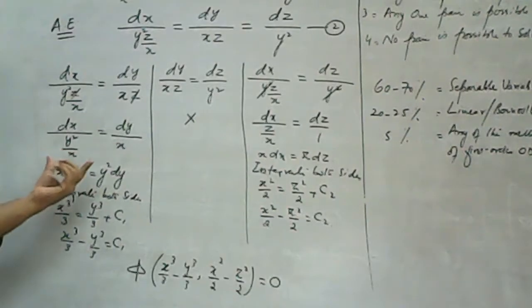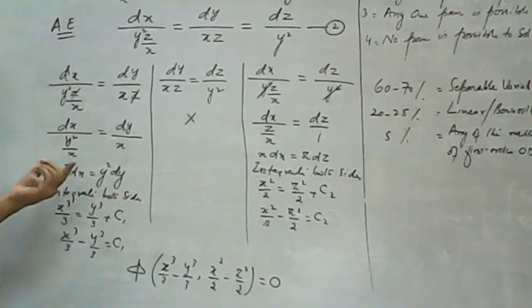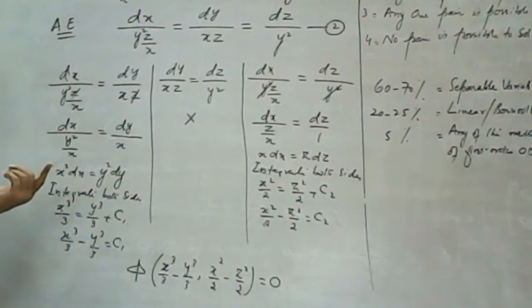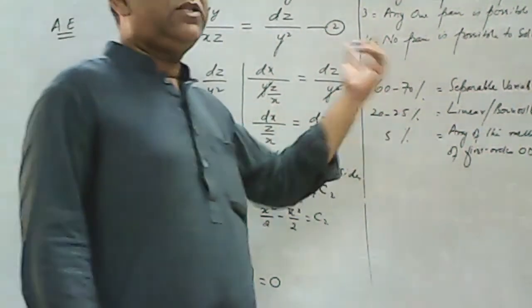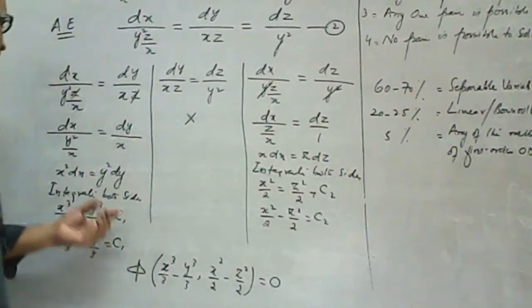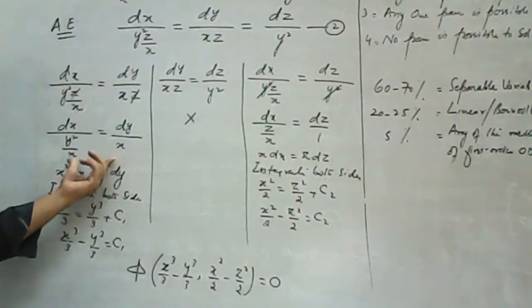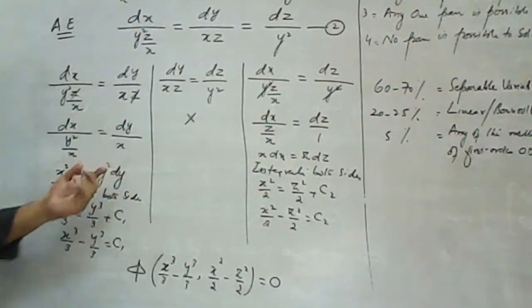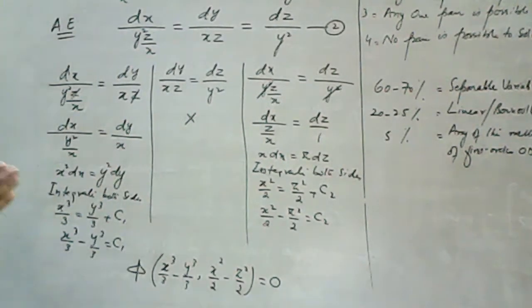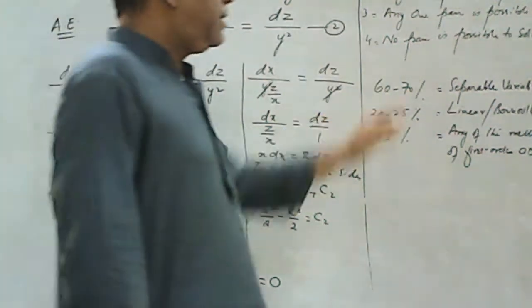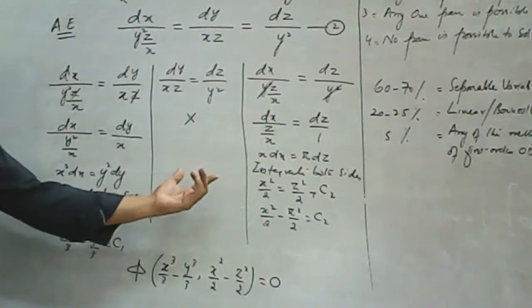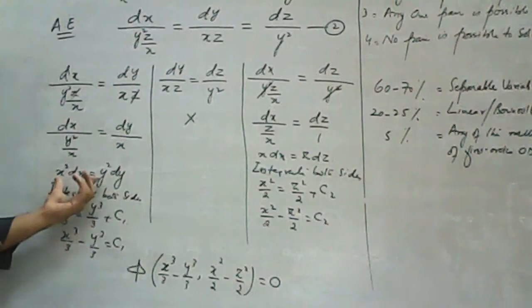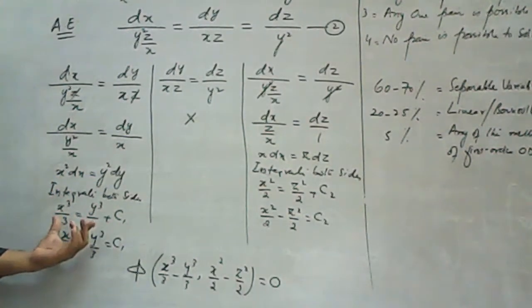Once you decide that a pair is solvable, then we need to use the methods we discussed in first order first degree ODE. As I gave you a hint, in generally 60 to 70% of cases, this pair belongs to separable variables. So just try to separate the variables on either side of the equal sign. If this is not the case, then think about linear and Bernoulli's. So both these pairs belong to separable variables. So just separate the variables and integrate both sides.